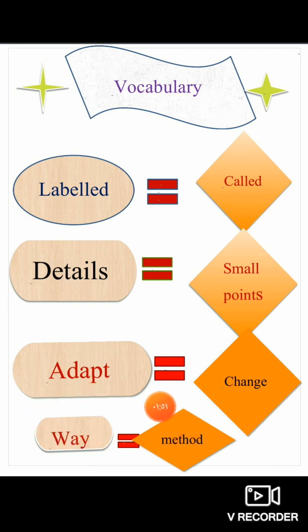Way means method, and this is not new. Way means method, style, طريقة. Another time we have label, details, adapt, way. These are the main vocab. Now